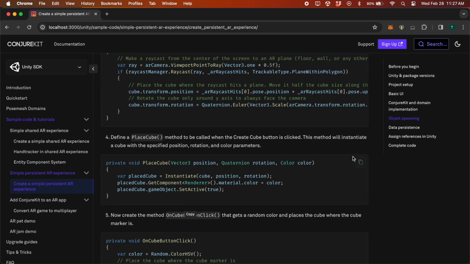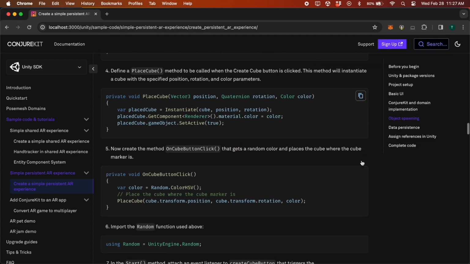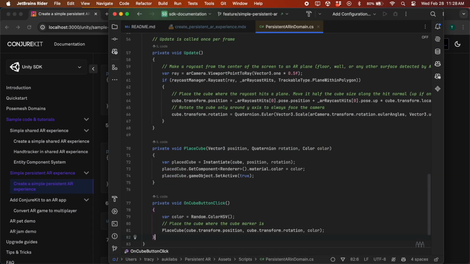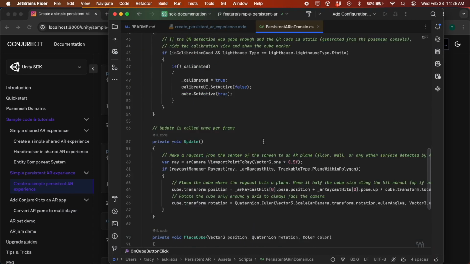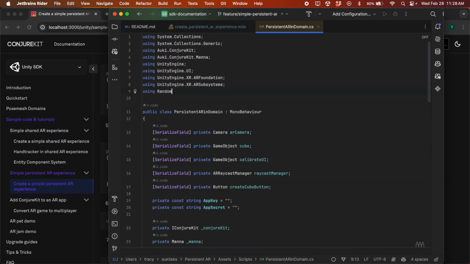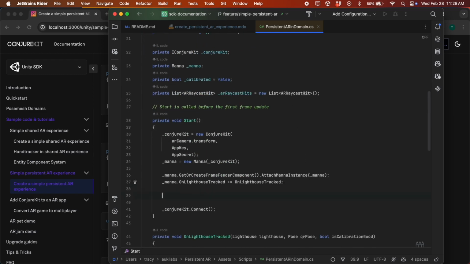Next, we need a placeCube method that instantiates the cube there. This will be called from onCubeButtonClick, which gets a random color and passes the raycast pose to the placeCube method. For the random color picker, we'll need to import UnityEngine.Random. Back in the start method, attach an event listener to the create cube button that triggers onCubeButtonClick when it's clicked.